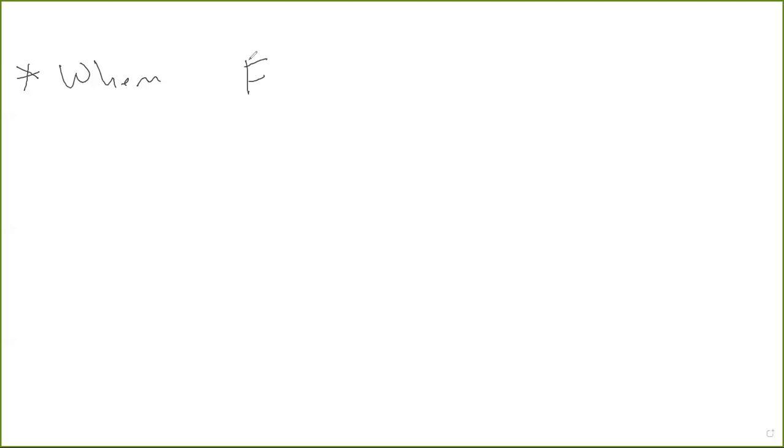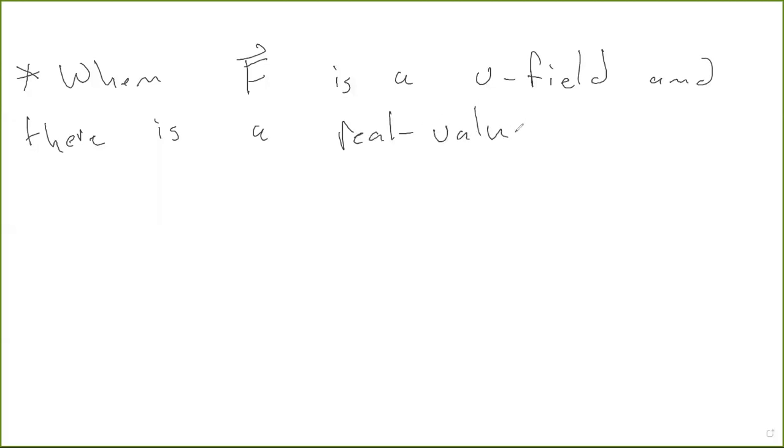Okay, so we'll see how this ties into this definition in a moment. When capital F is a vector field, it could be a two-dimensional vector field or a three-dimensional vector field. But when capital F is a vector field, and there is a function, little f, I'll stipulate a real valued function, little f, such that big F is equal to the gradient of little f. And again, little f could be a real valued function of 2 or 3 variables. Okay, and there is a real valued function little f such that big F is equal to the gradient of little f. We say that big F